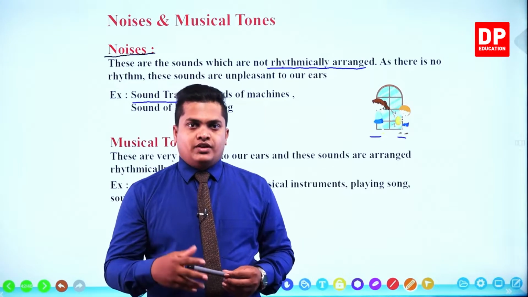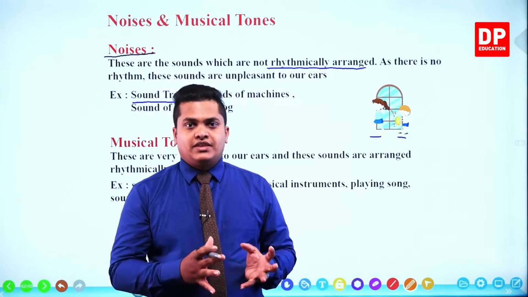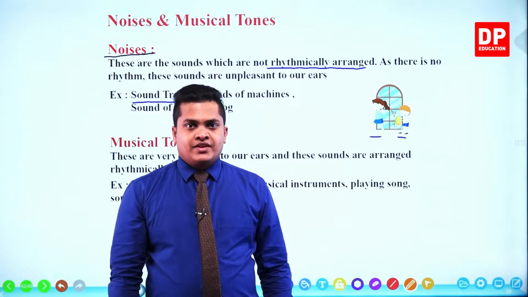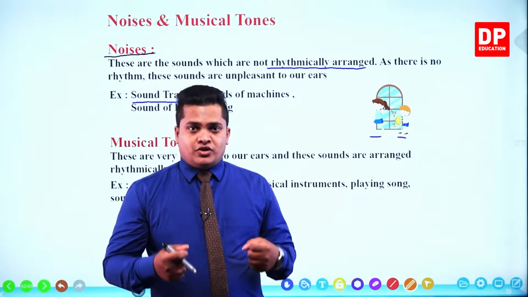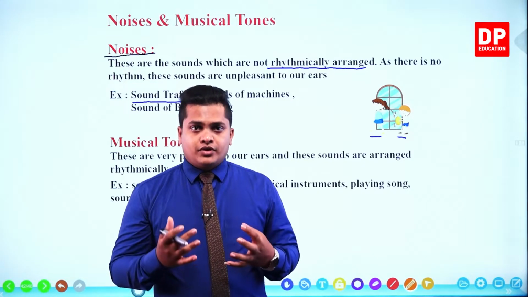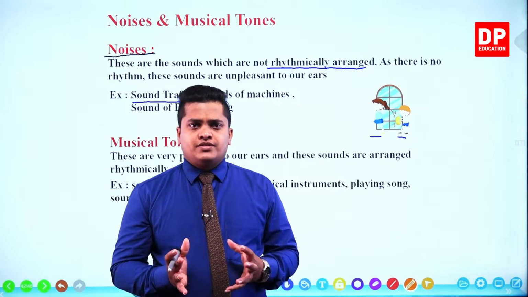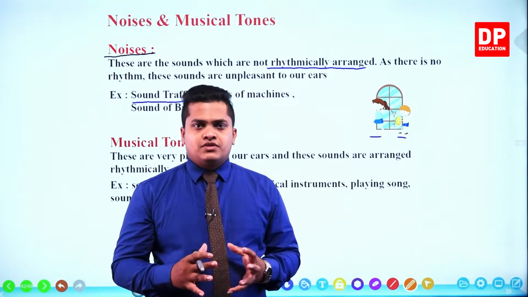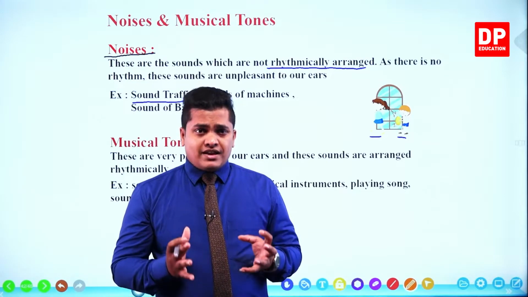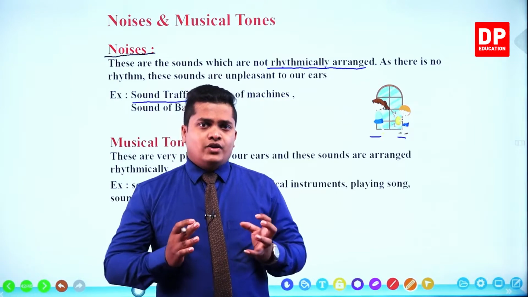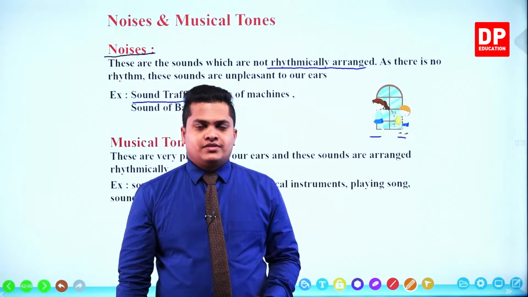So when you are moving on a road, you may come across these kinds of situations. Sometimes the drivers are going to honk the horn, sometimes the machines or the engines are going to provide heavy sounds. So there are different situations, right? There are different kinds of sounds which are emitted in these situations that give very heavy noise. So that kind of noise is referred to as a traffic noise, right?